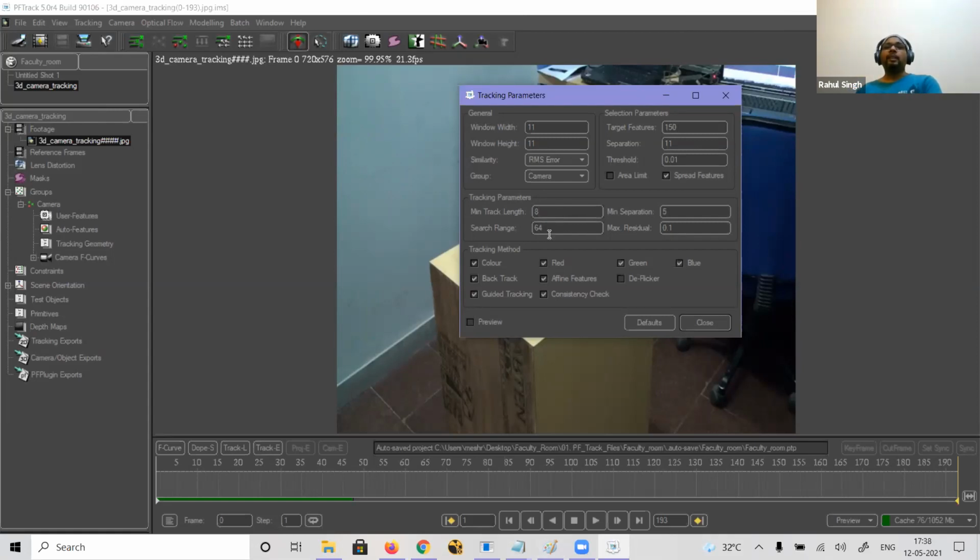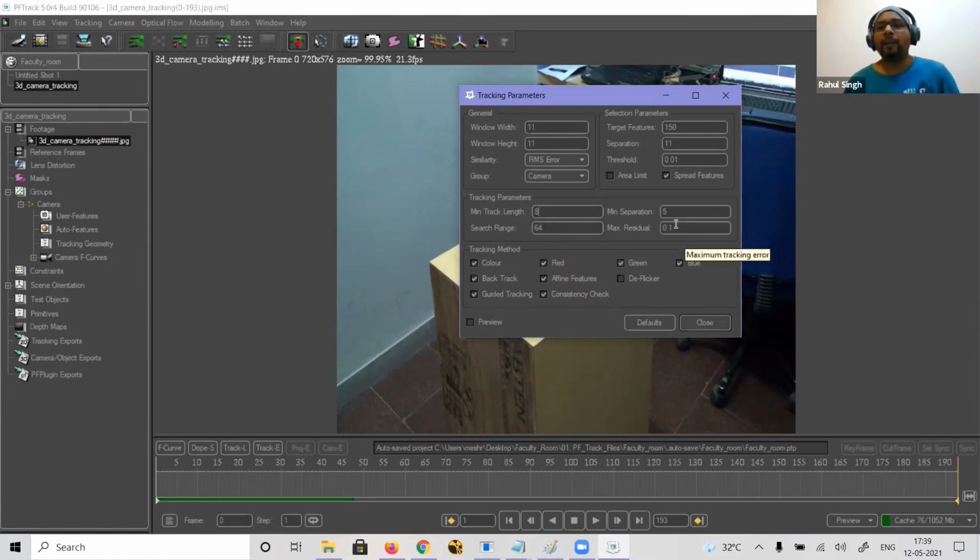Search range means what is the search area it will look in. The boundary box is line by line, the search area is 64 pixels. Minimum separation between the track length will be 5. Maximum residual will be 0.1. This is how much error it will show while tracking.